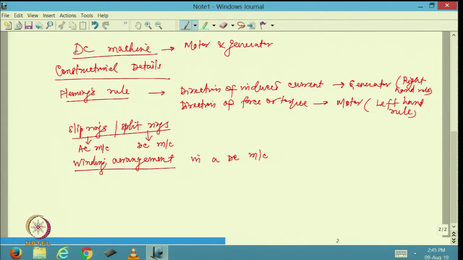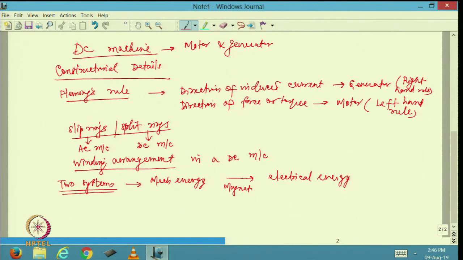First of all, we should know that in any machine we will require two systems. Unless there are two systems, it is not going to work very well, because we will require mechanical energy to be given, and that is going to be converted into electrical energy or vice versa. This is what we talked about when we discussed electromechanical energy conversion, but this always happens through a magnetic medium. So, if we require a magnetic medium, first of all I will need a field system